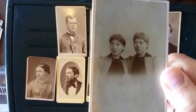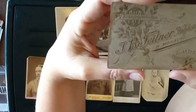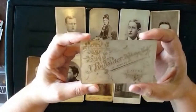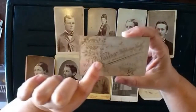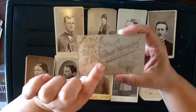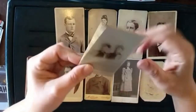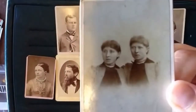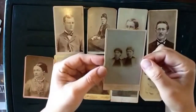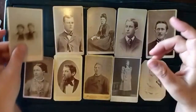So this one has 2 people, and it looks like it's in a different language. You see that? I should have looked. So I think photographiches Atelier, it almost looks French to me. J.B. Filner Photography, Nacht, maybe it's German. I think it might be German. Oster, I want to say that's German. And then on the front, no one has written the names, but those are what the 2 ladies look like. And so what we're going to be doing is looking up the photographer to see if that will give us any clues. The next one,